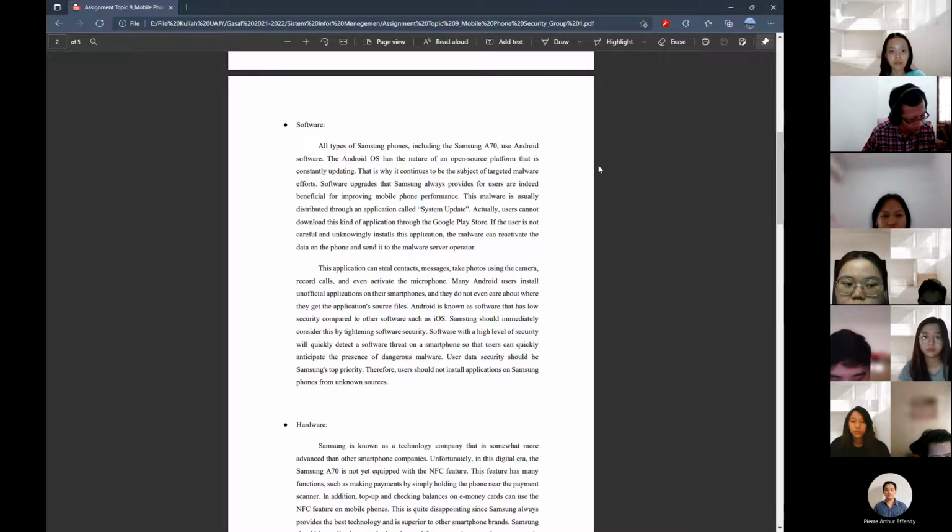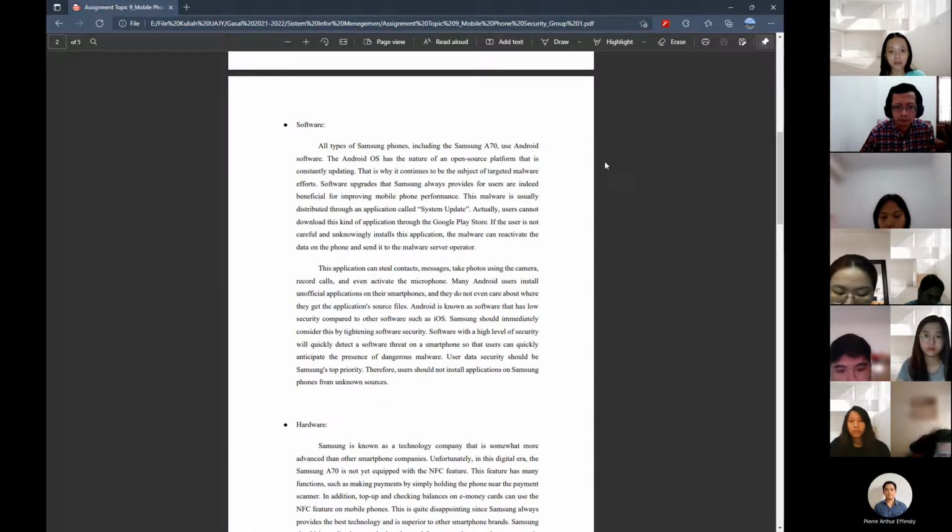Many Android users install unofficial applications on their smartphones, and they do not even care about where they get the application source files. Android is known as software that has low security compared to other software such as iOS. Samsung should immediately consider this by tightening software security.